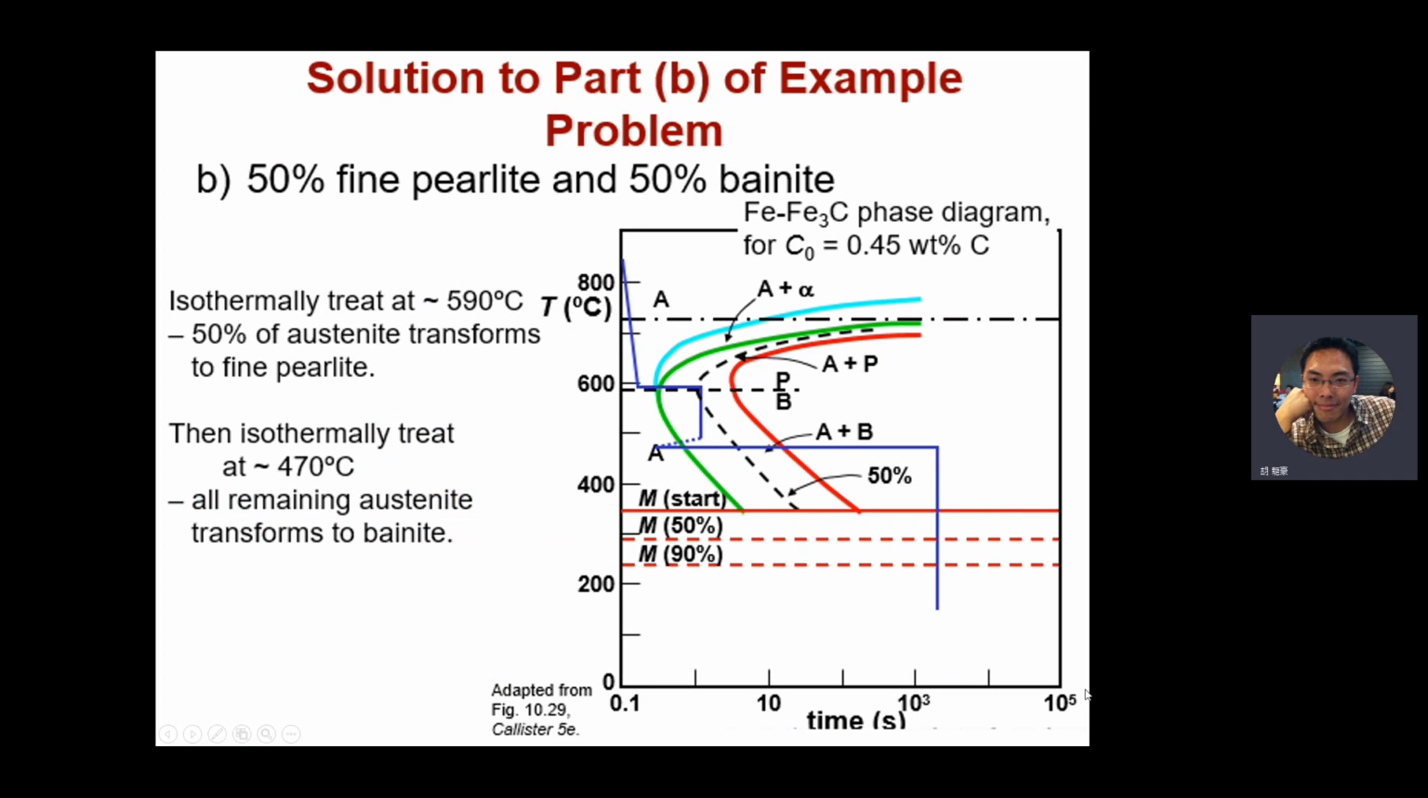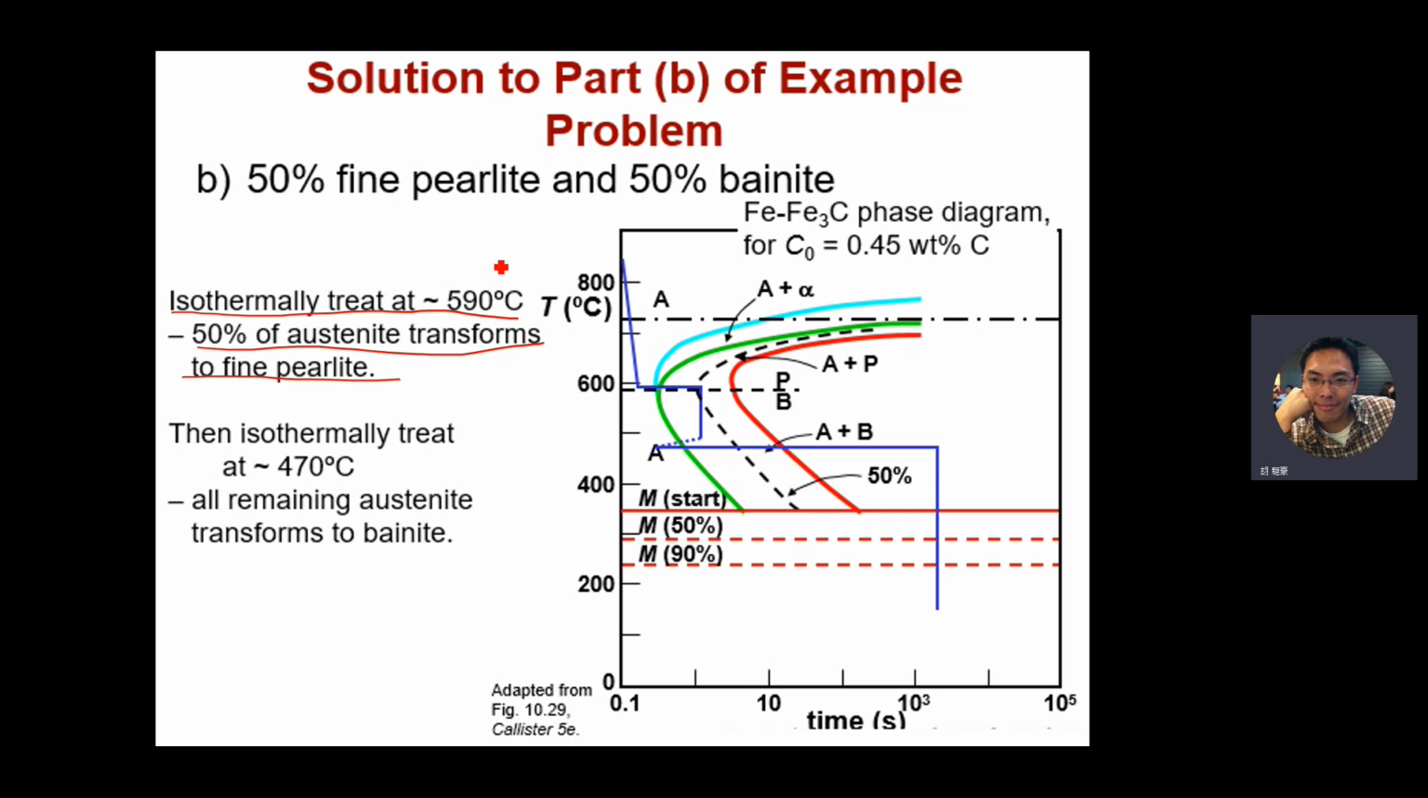So for the 50% fine pearlite and 50% bainite, we have to figure out its time and temperature path from this TTT diagram, right? So initially, isothermally heat treat at 590 Celsius, and 50% of the austenite transforms to fine pearlite. Okay, initially